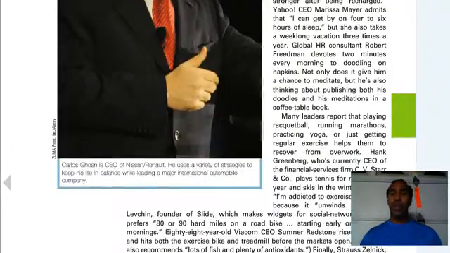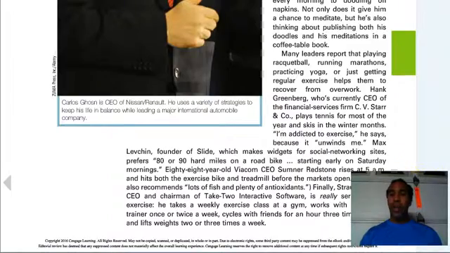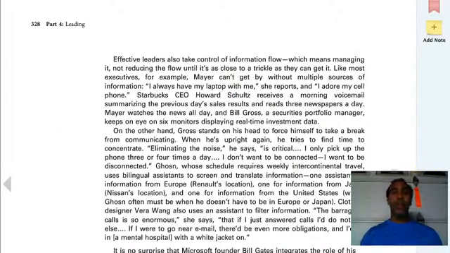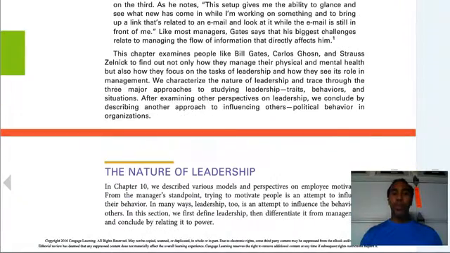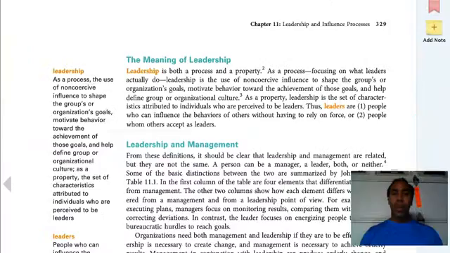Be sure to read the story at the very beginning of the chapter. As always, they are very interesting and very applicable to what we do in today's corporate and general business environment. So let's talk about the nature of leadership, what leadership is. I've got a good video on leadership in your module for chapter 11, so be sure to view that